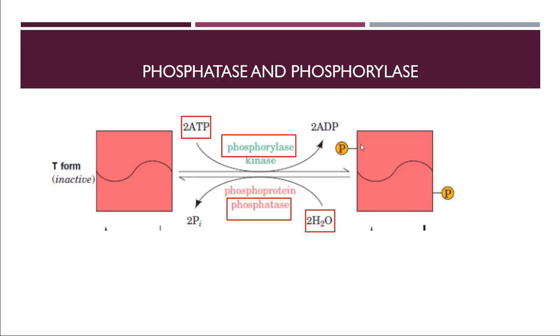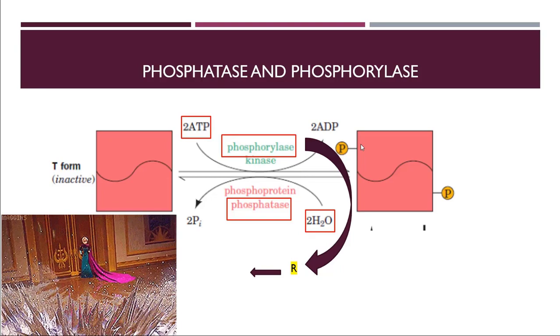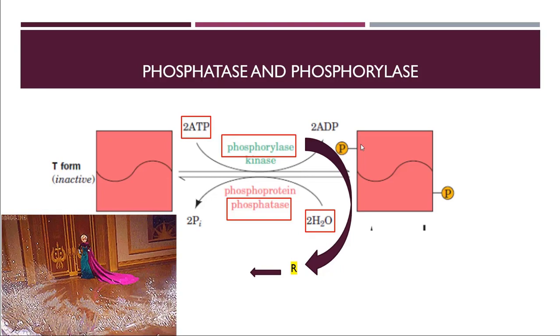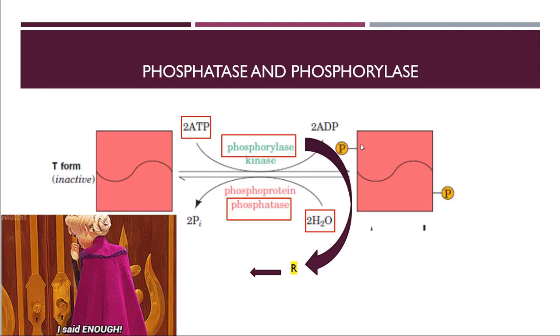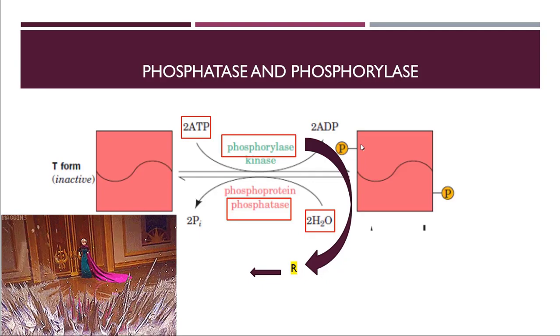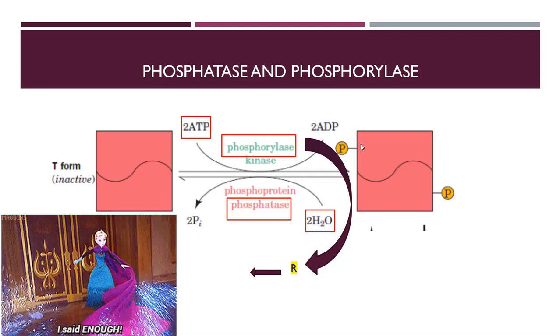Focus on the word R. Phosphorylase. It means you're releasing energy. Just like when Elsa is pissed off, she says enough, and she releases energy there. So phosphorylase needs ATP, needs energy there. Easy, right? Okay. Next